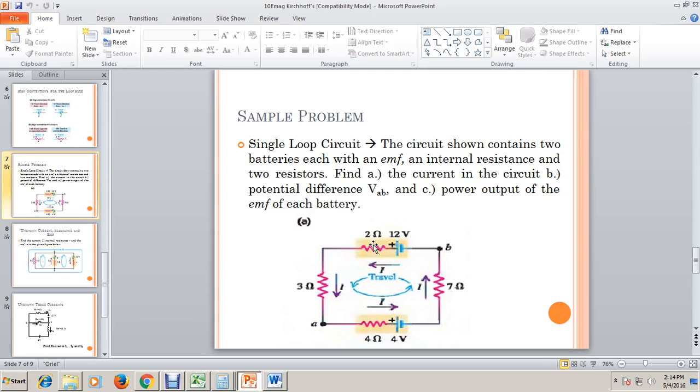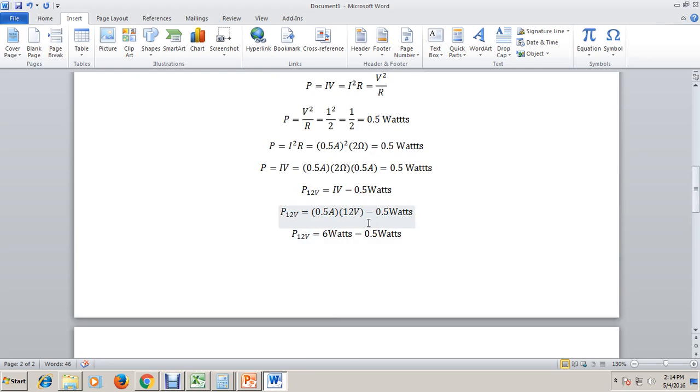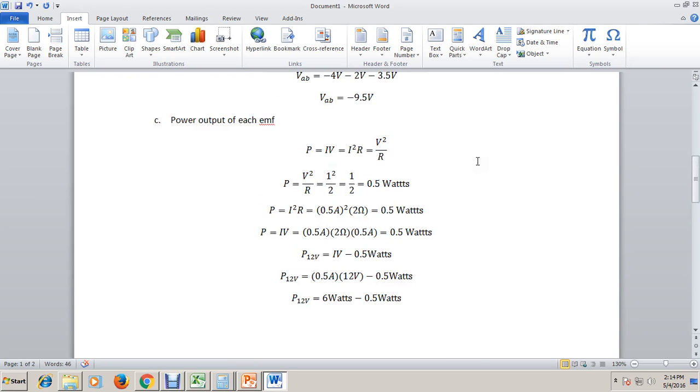the two, then you multiply it with the current. The resulting power output would be the power output of the battery. That could also serve as an alternate solution just to check whether your solution is correct. So for example, if you're going to compute for the voltage drop of the 2 ohm resistor, that would be